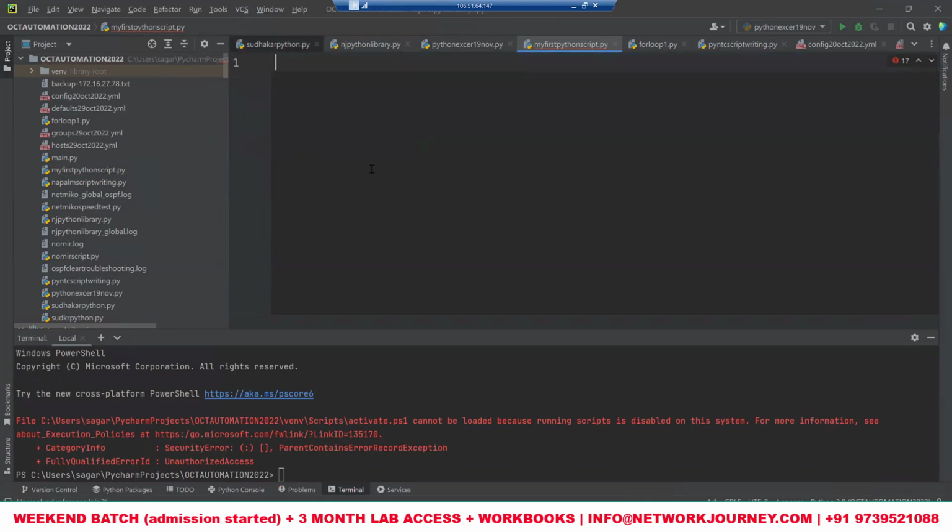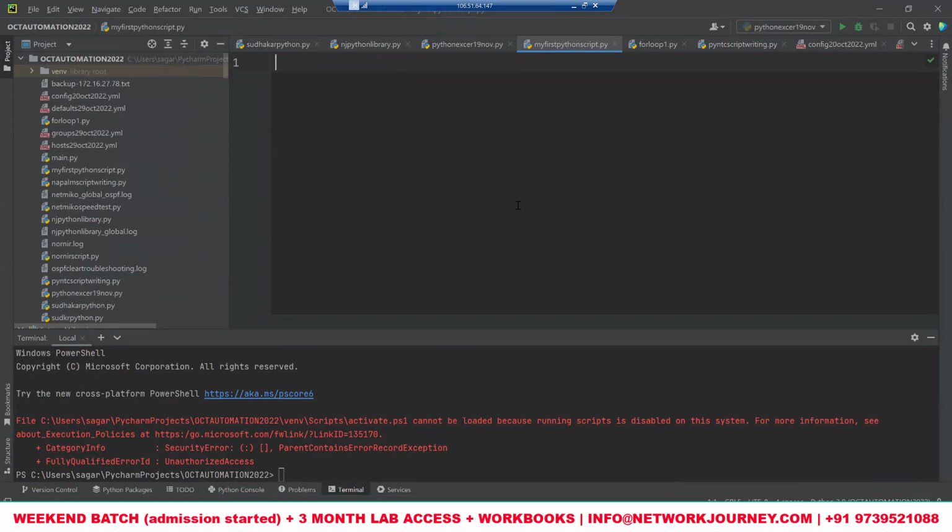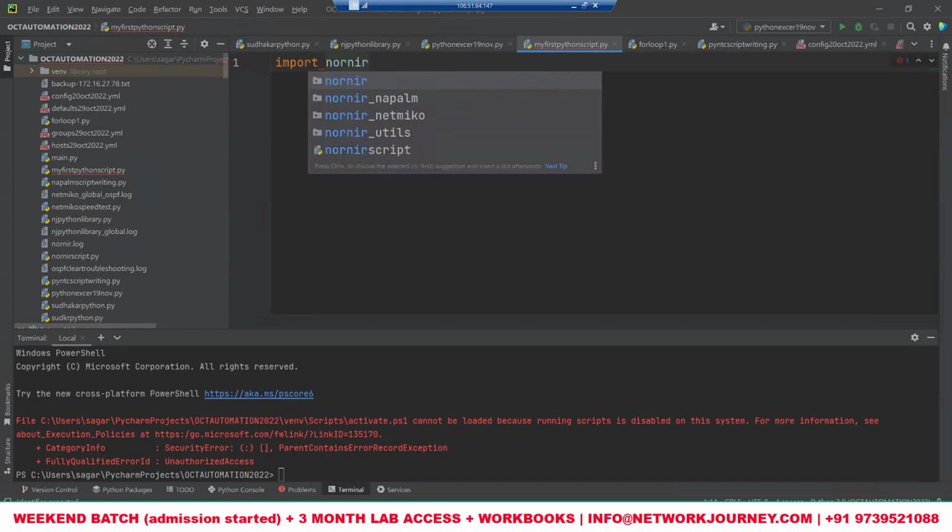All right. So once the library is with you, now what next? Now the next thing is you need to call it inside your workspace, inside your Python script, because you might have hundreds of libraries downloaded. But how does your script know which library you want to take? Let's say you want to go with Nornir, but you might have Nornir, Netmiko, Paramiko, etc. in the backend. So this is where the